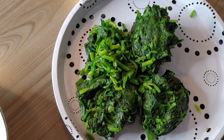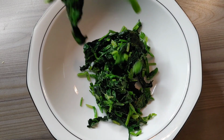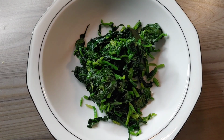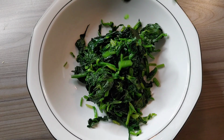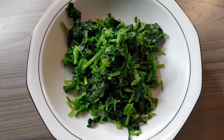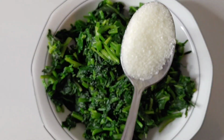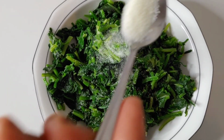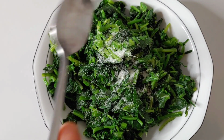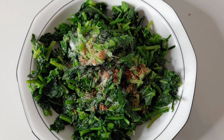Now this is my spinach. I left it for 5 minutes and I've squeezed it out. Now I'll just put it in my bowl, as you see, scatter it, and then I'll go in with my salt and Maggi cube. I'll just go in now with 1 teaspoon of salt and also 1 teaspoon of Maggi cube,